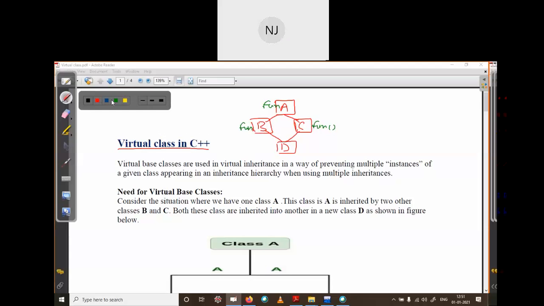I'm asking, when B and C derive one more subclass. Yes, it's multiple inheritance.